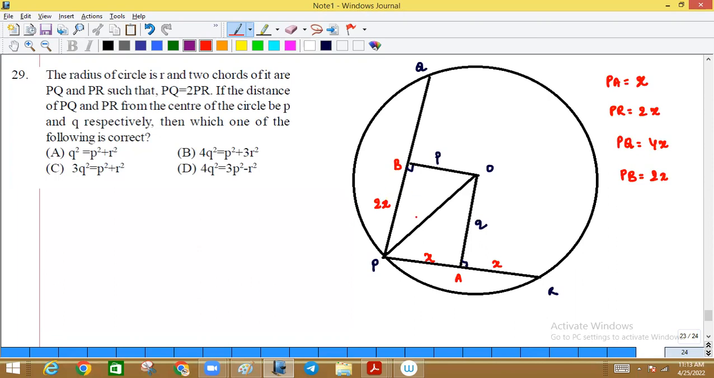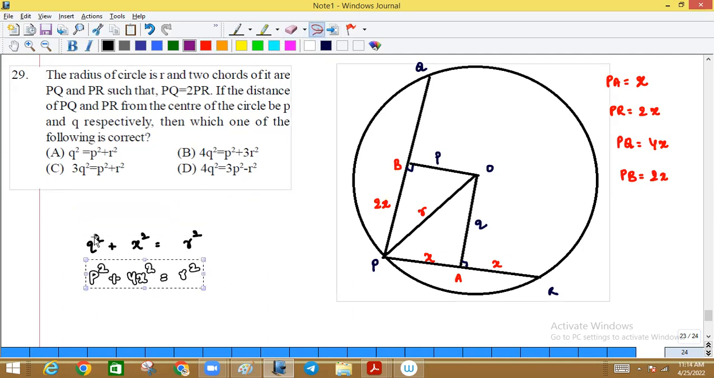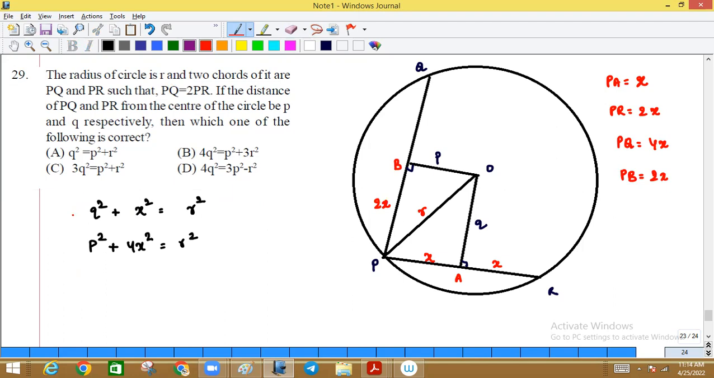Okay. Now the radius is R. Tell me what is the first right angle triangle? P square plus 4X square is equal to R square. Second one, Q square plus X square is equal to R square. First take the second one, then take the first one. Multiply the second one with 4 and subtract. Sorry, multiply the first one with 4. Tell me what happens. 4Q square minus P square is equal to 3R square. Therefore, 4Q square is equal to P square plus